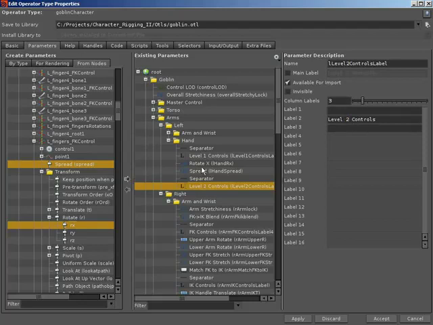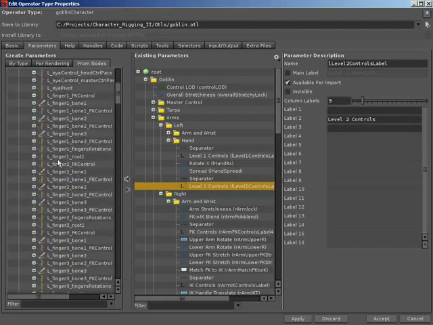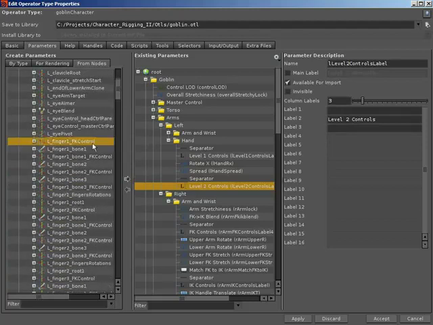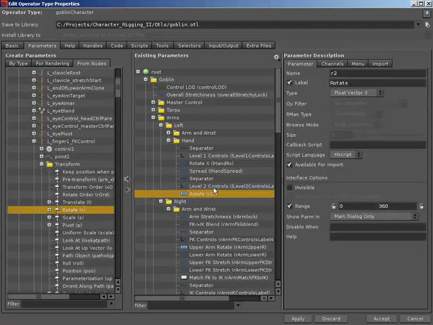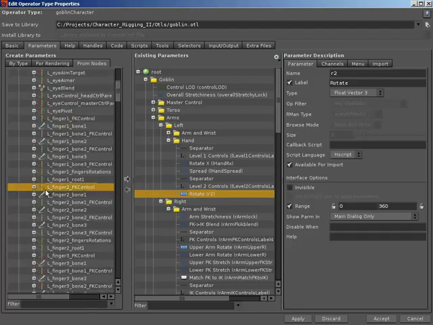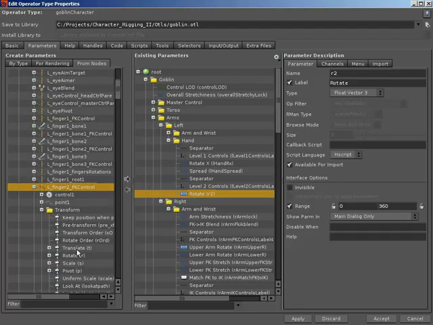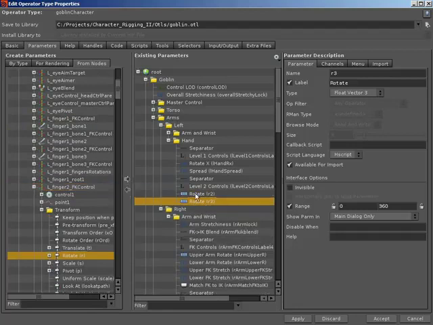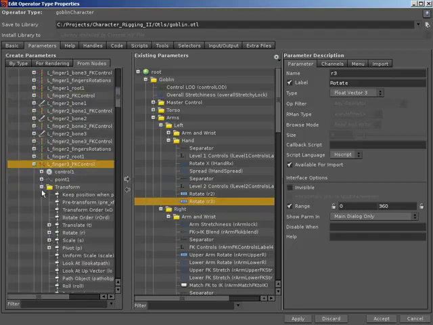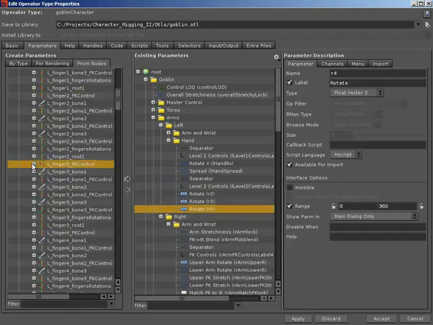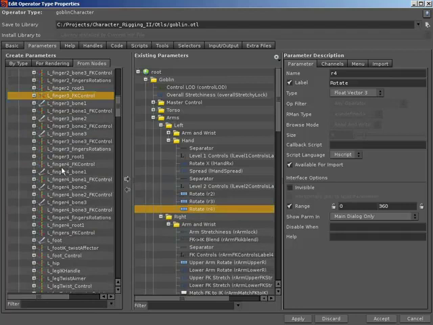level 2 controls. For level 2 controls we have 4 rotational parameters to promote up. We have that finger, the L underscore finger 1 underscore FK control. We have rotate all 3 axes to promote up, and I'll deal with renaming these in a second. We just need to note the order that they come in. We have our L underscore finger 2 underscore FK control, promote up the rotation. Notice that did go underneath the original rotation. The same for finger 3, so we have the rotation for finger 3,